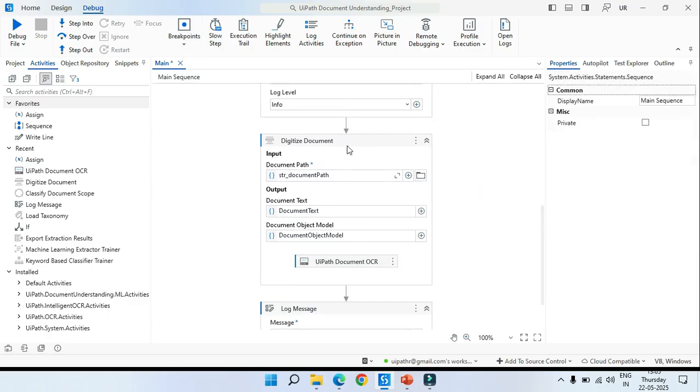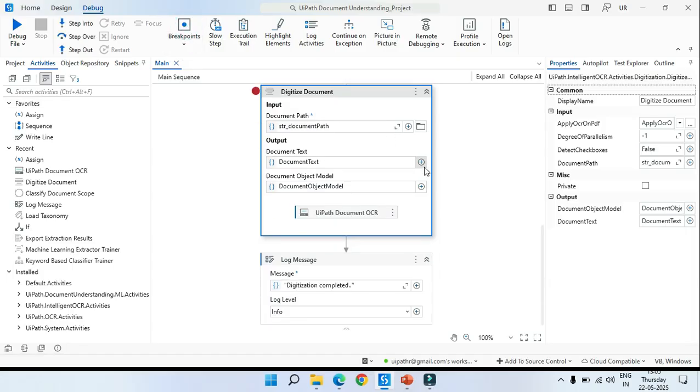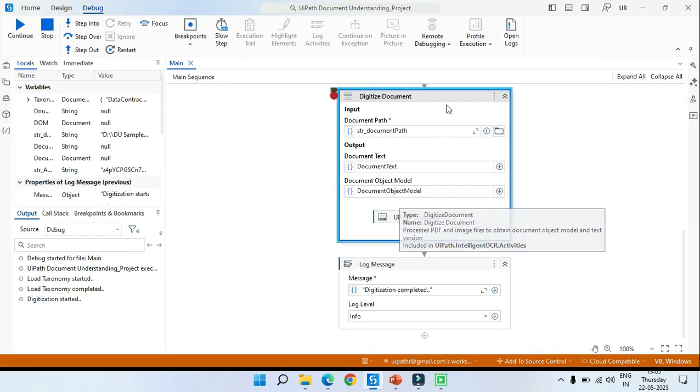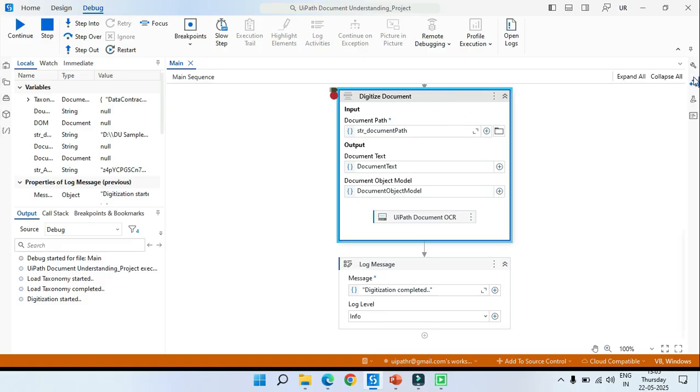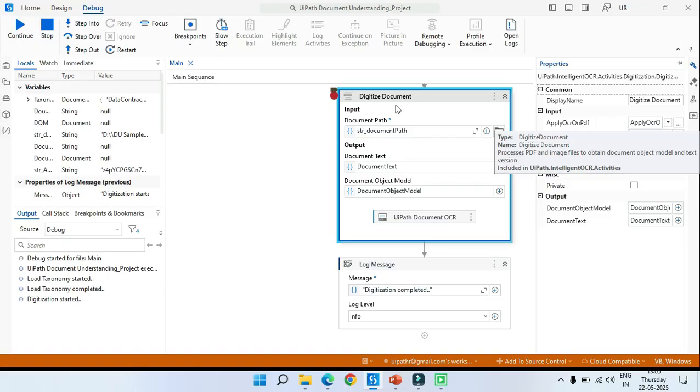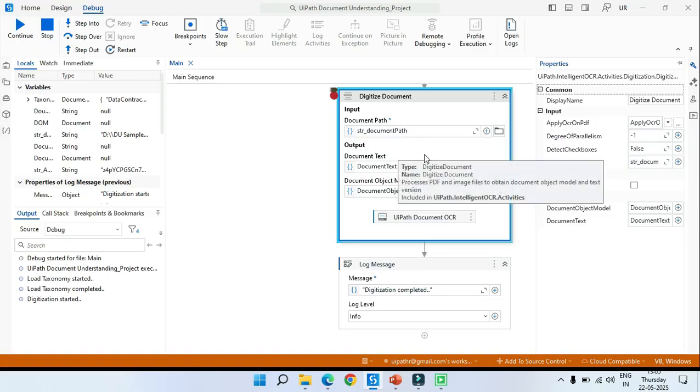So let's run this first. Let me put a breakpoint, and then let's debug this. For now, I have selected Apply OCR on PDF as Auto. So it will check the contents of that document, and then apply it if needed.